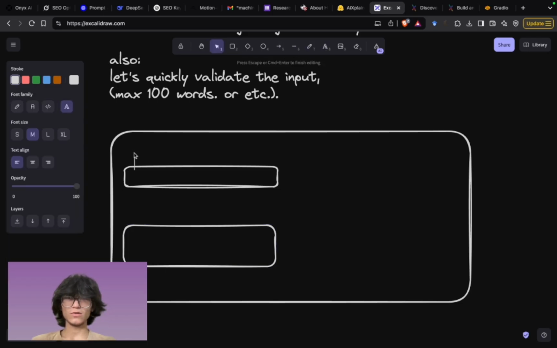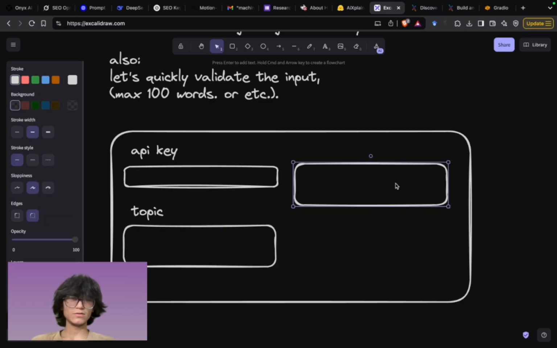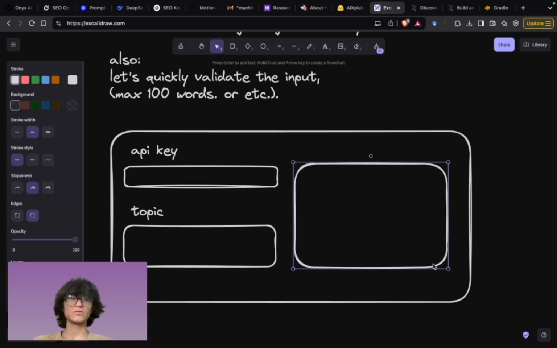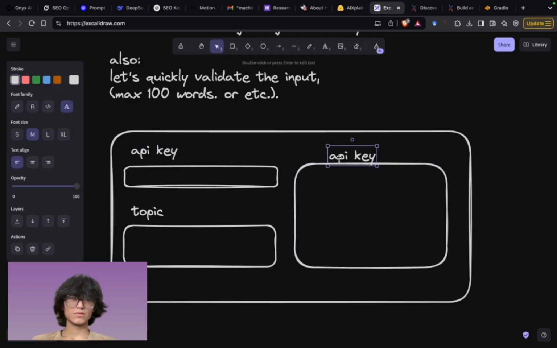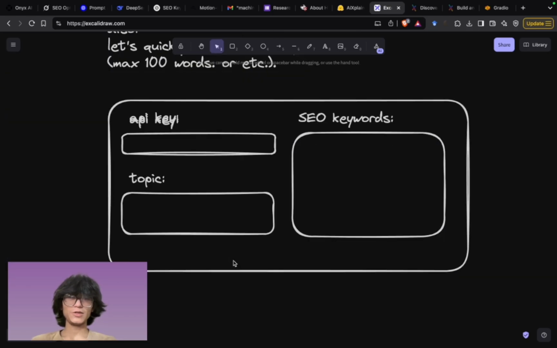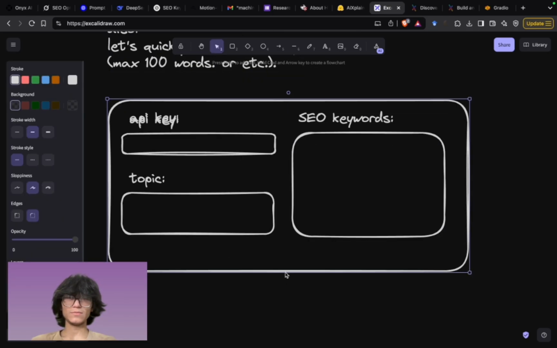Okay, API key, and then here topic, and then basically here is a generation, I mean the generated keywords. Keywords. Yep,